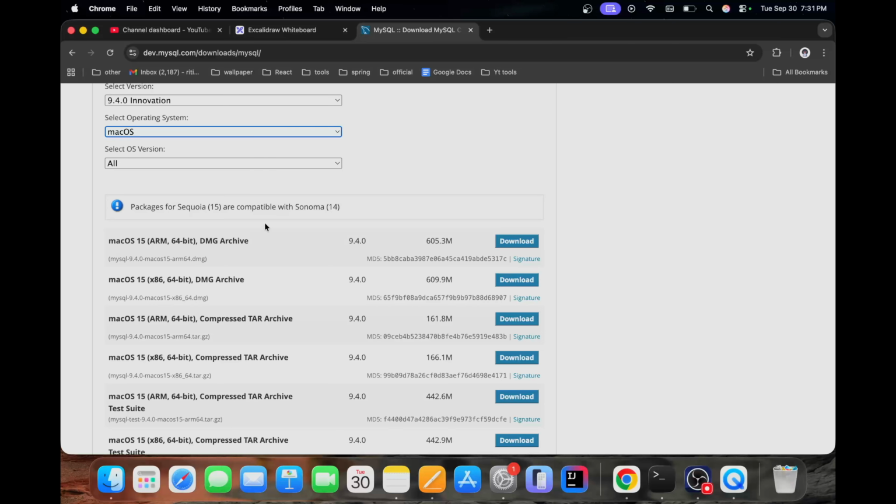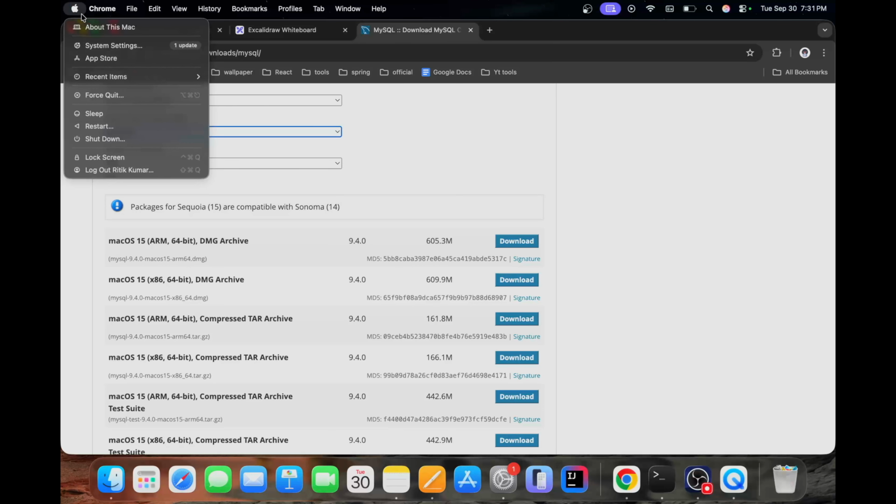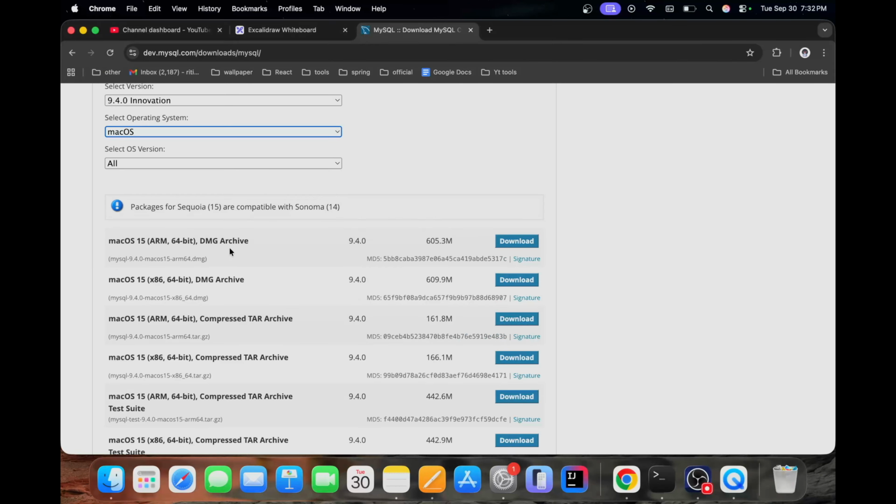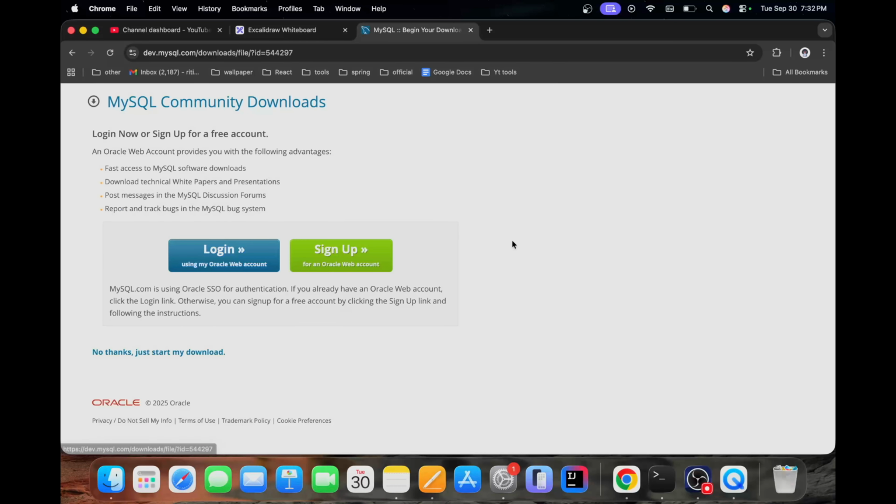And if you are not sure which chip is used in your MacBook, you can directly go to this Apple icon, go to About This Mac, and you will see the Apple chip name here. If you are seeing something related to Intel, then you need to go with this option. If you are seeing something related to M1, M2, M3, M4 or any other versions, you can go ahead with this ARM based installer. So since it's a DMG, I will go ahead and click on the download,